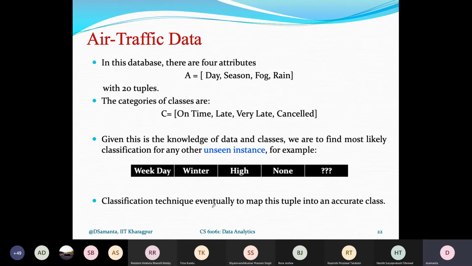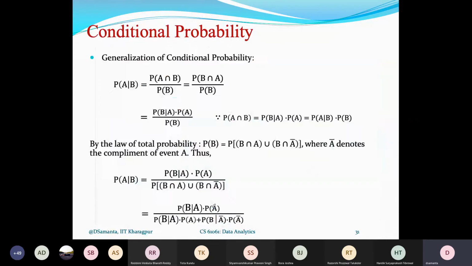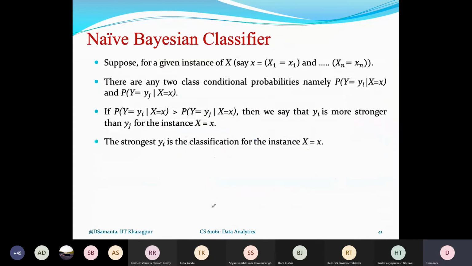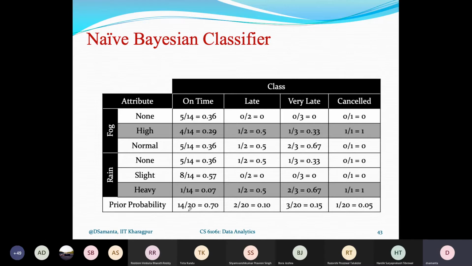Now, if this is the training data set that you have been given and you have to build a probabilistic model, then how can we build it and what does the model actually look like? Let's come back to the previous discussion here. First, as I told you, you have to calculate all the posterior probabilities and all the prior probabilities. Prior probability calculation is very simple. There are a total of 20 data records in the training data set.